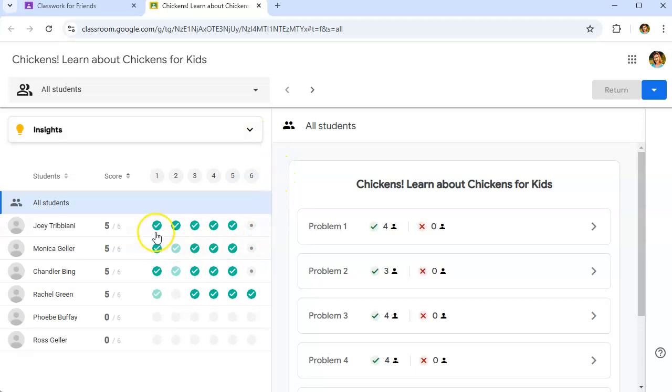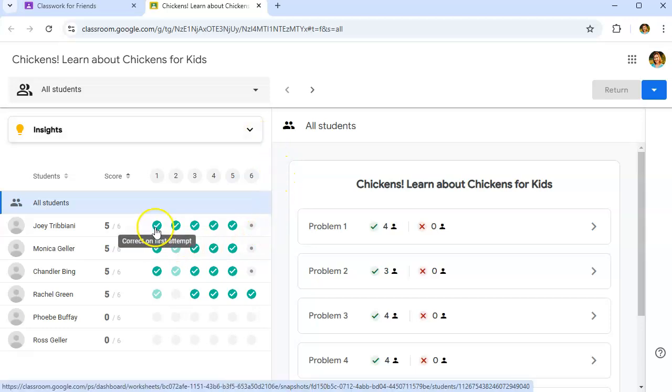You'll notice that the dark green check mark indicates that the student correctly answered that question on their first attempt. If there is a light green check mark, that means that they answered the question correctly after 2 or more attempts. And if this is a bubble like this, it's ungraded. This is that short answer question that we added,